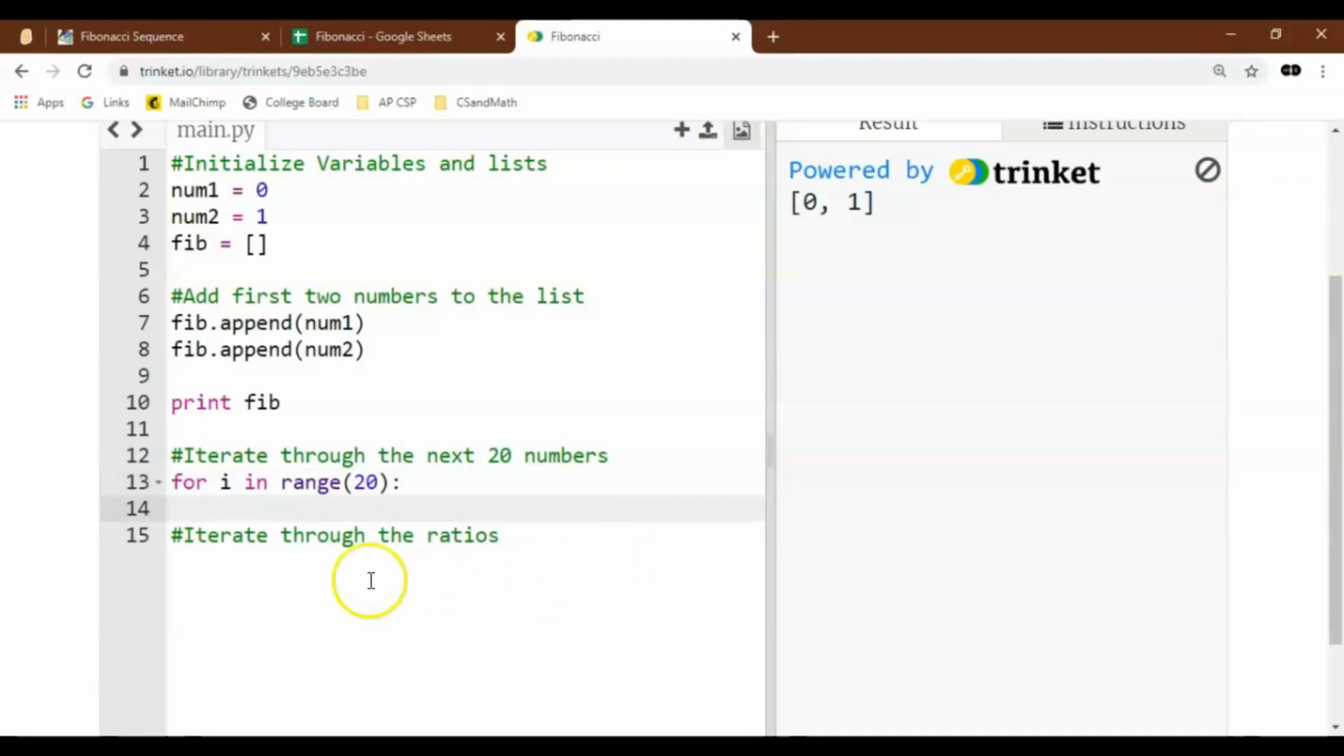colon. And the indentation, if you haven't done a lot of looping, is important. That means the stuff that's indented one level will repeat. So for the items in range 20, that essentially just means repeat 20 times. Let's introduce a variable called next number. We'll call it next number, and that's going to be equal to,